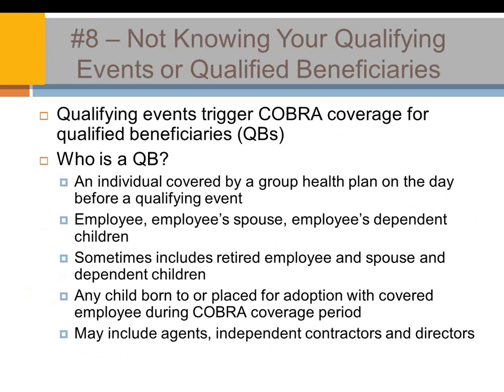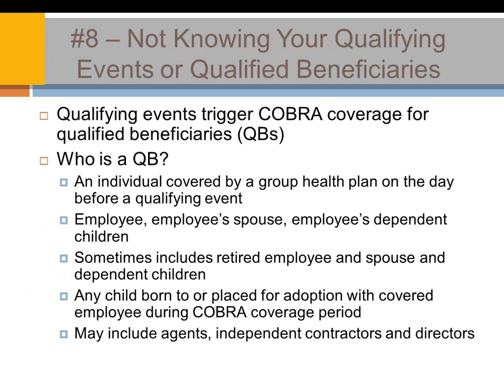You can't just add somebody mid-year because then it's not a continuation benefit. However, at open enrollment, they could then re-elect just like a regular employee to add dependents or take them off at that time. So that's something you have to remember when you're sending out those qualifying event letters, to make sure you get them to the right beneficiaries. Sometimes retirees, though those plans are really starting to go away with healthcare reform, but you have to deal with spouses and dependent children, or now these adult dependent children, the folks that are maybe college age or up to age 26.